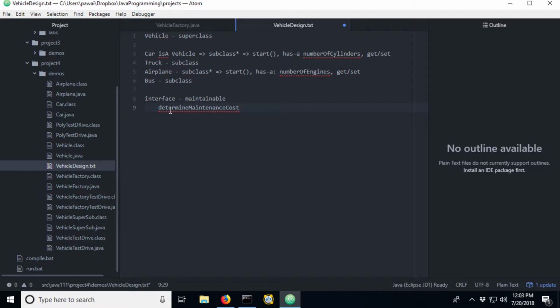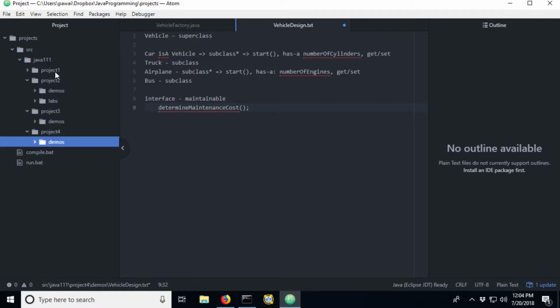I'm going to define that determine maintenance cost in my interface, and that means that any of my classes that implement maintainable will have to write code for determining that maintenance cost. That would vary quite a bit by whatever is implementing maintainable. For an HVAC system, that's pretty different than how we might determine the maintenance cost on a car, for example. So let's go ahead and write the interface. We'll add this method in there, and then we'll implement that interface in our car and see what happens in terms of the compiler and what we need to do to make the compiler happy.